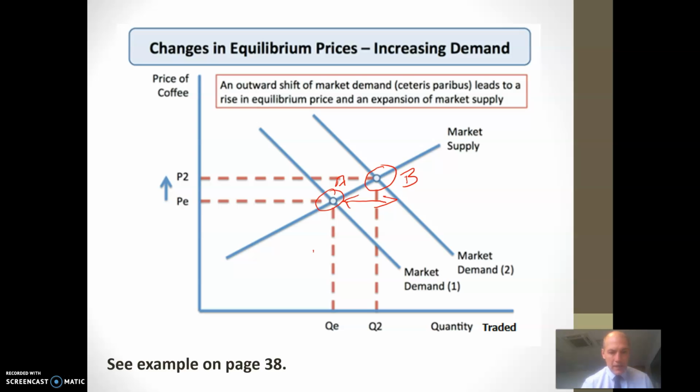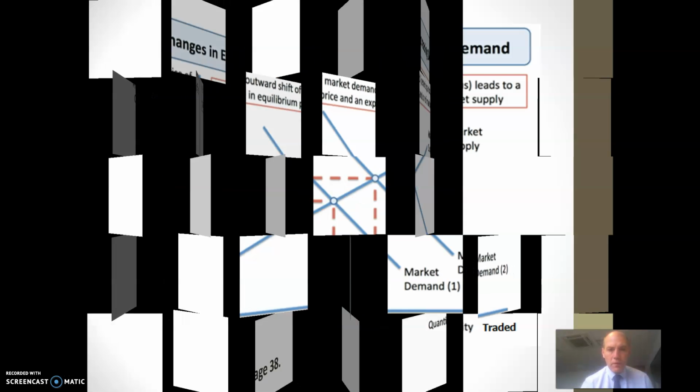Over the page. Before I push on, you have some information at the top of page 39 on why the demand curve might shift outwards. So these things